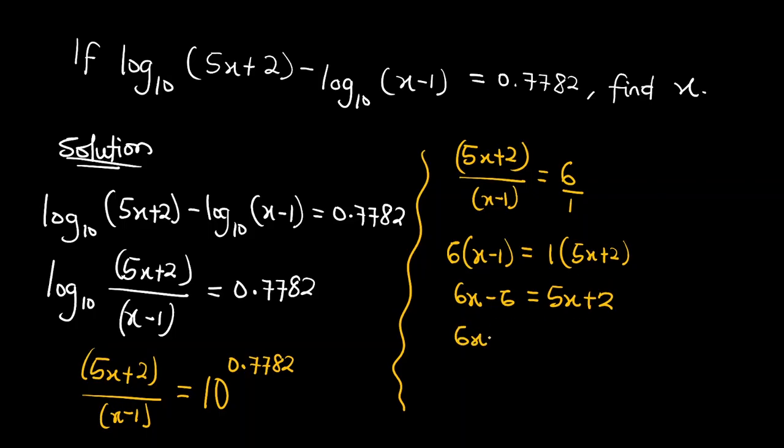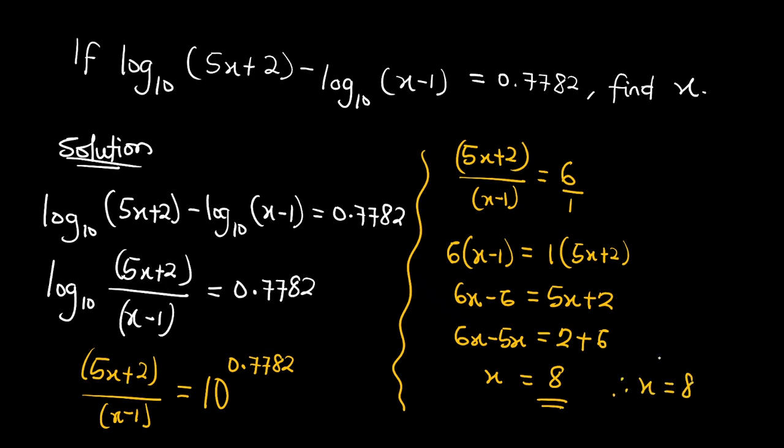So I'll have here 6x minus 5x. The 5x coming over here becomes minus because we are moving it across the equal to sign. Then over here, after moving the 5x, I have my 2 here. Then I'll send the negative 6 from the left hand side to the right hand side. It becomes positive 6. So from here, 6x minus 5x will give me x, and this will be equal to 2 plus 6, that will give me 8. So therefore, the value of x